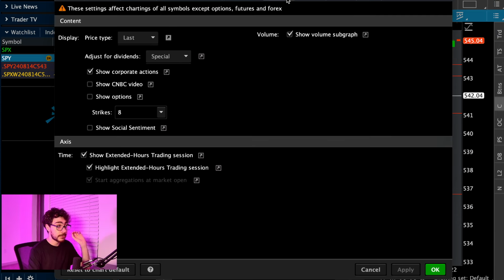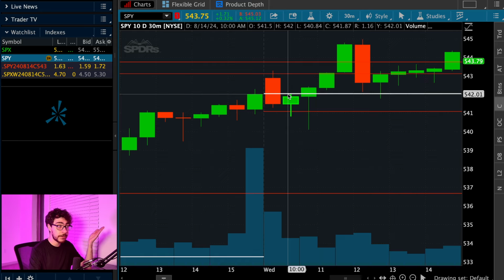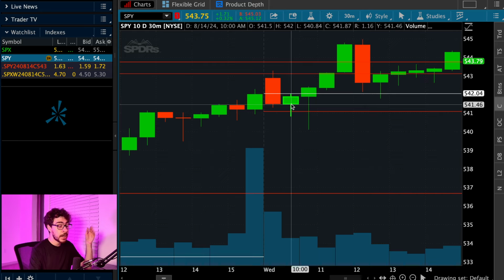Once the SPY filled the gap, we did get a red bearish 30-minute confirmation. And if you were to buy put options using that strategy, you would have been on the opening of this 30-minute candlestick, which was 541.50. You would have bought the put options, and it did go to 540.84. So in a sense, if you bought 541 puts, that could have been a very nice scalp to sell in the money very quickly,